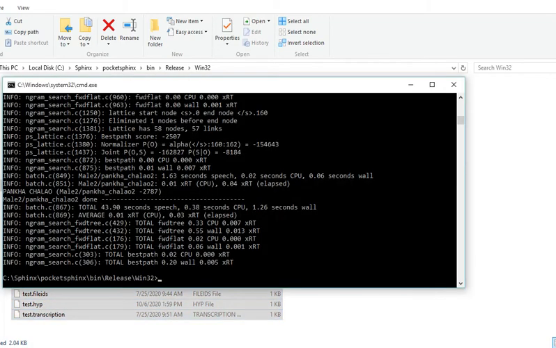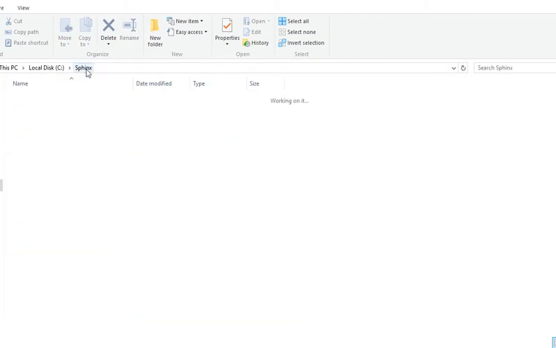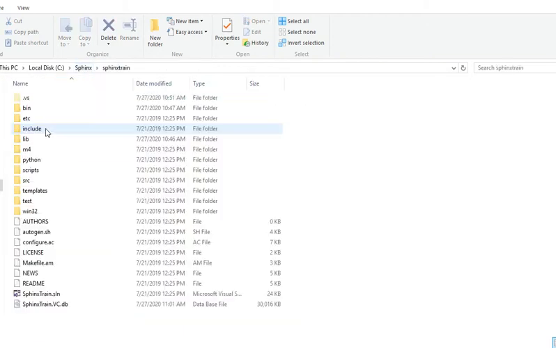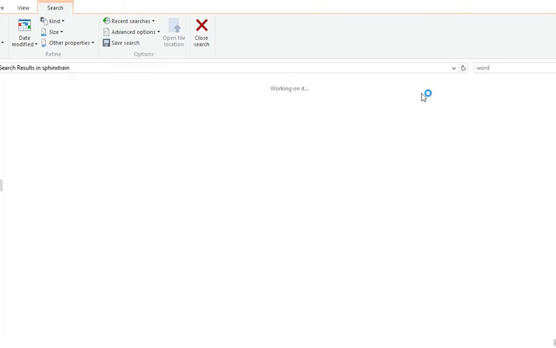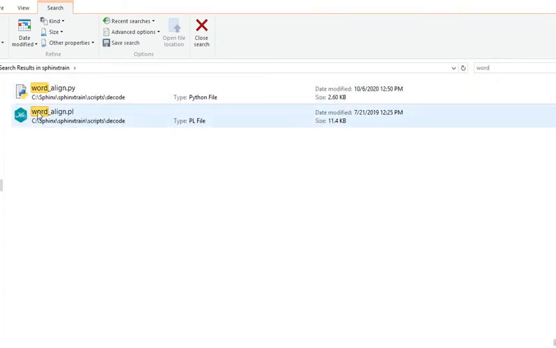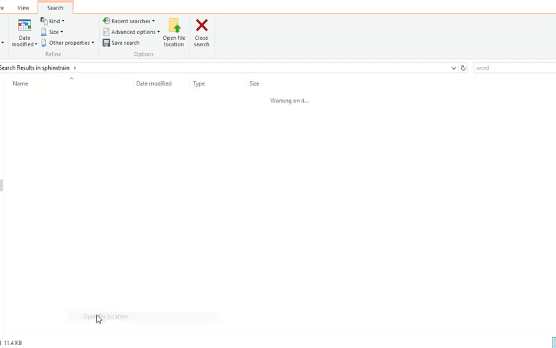Now what you have to do is go to the Phoenix folder and open your Phoenix train folder. If you don't know where your word_align.pl file is present, just search for it here. So this is a Perl format file, so you just have to open the file location.